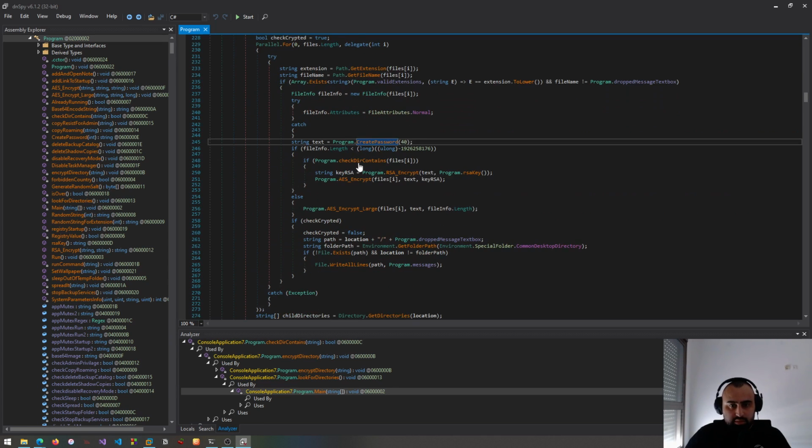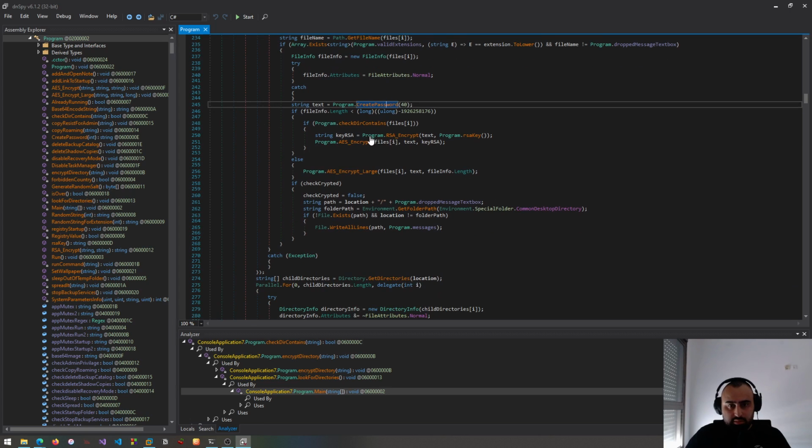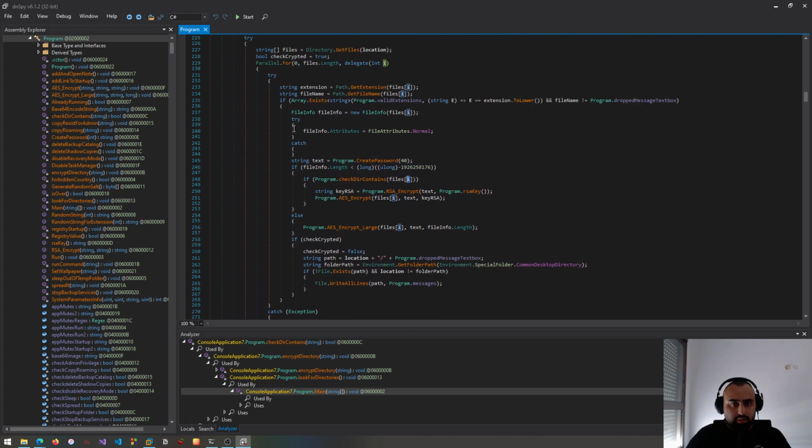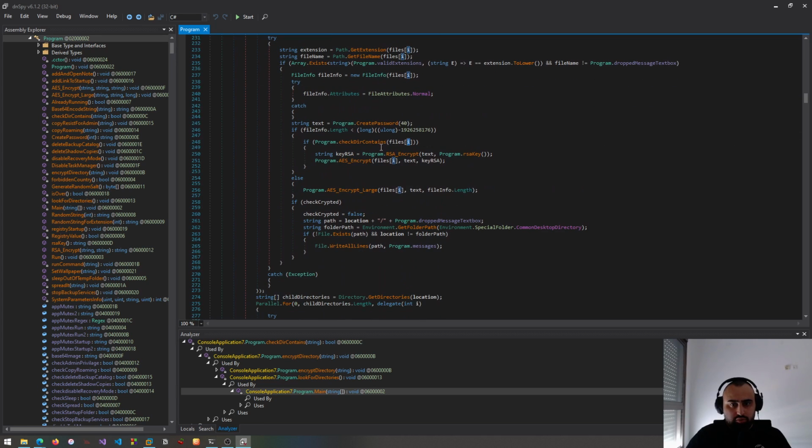Create password, check directory content, they take the text. Okay, so create password inside the text, then they take the length of the file. So it takes the file info, each element of the file info loop. It's not a for loop, but it will take each one of the file elements,